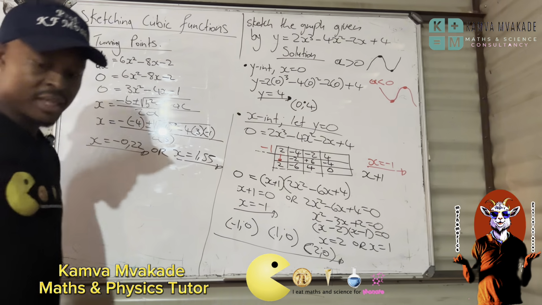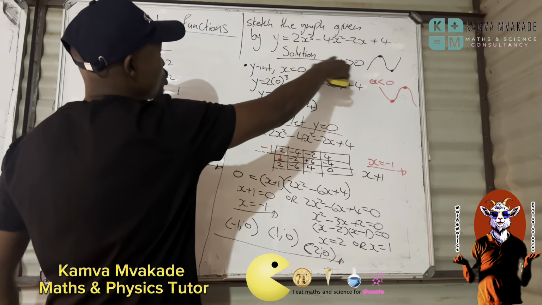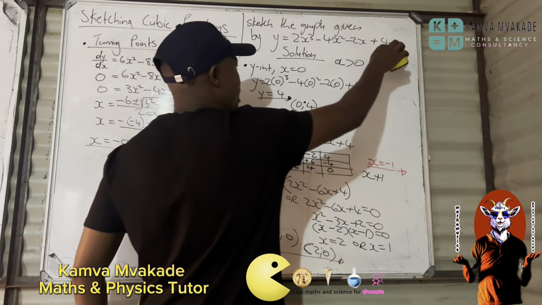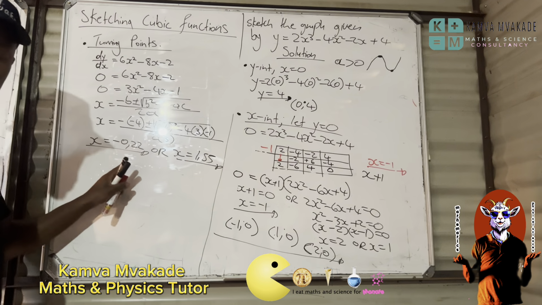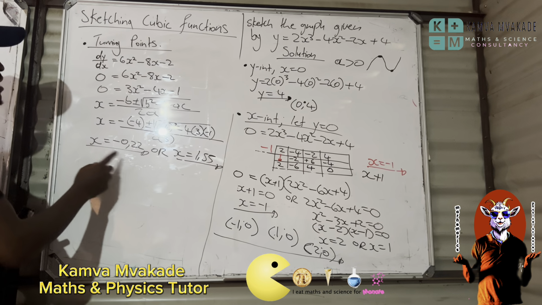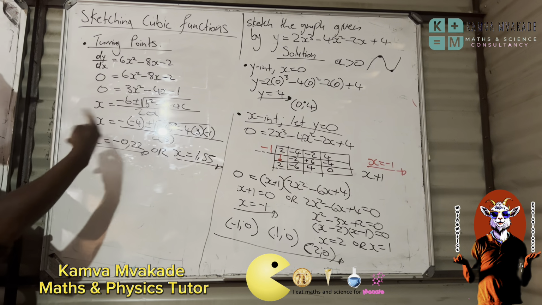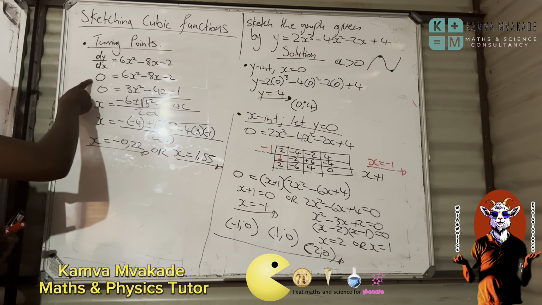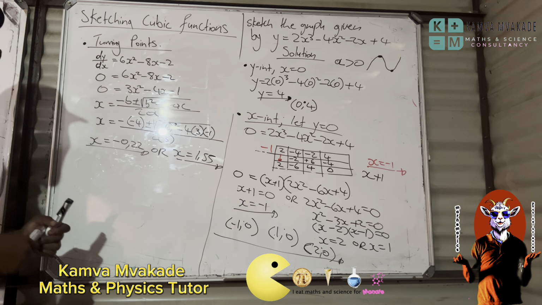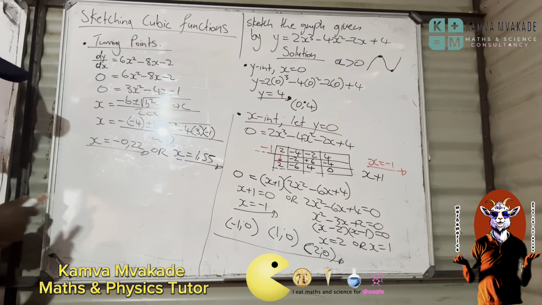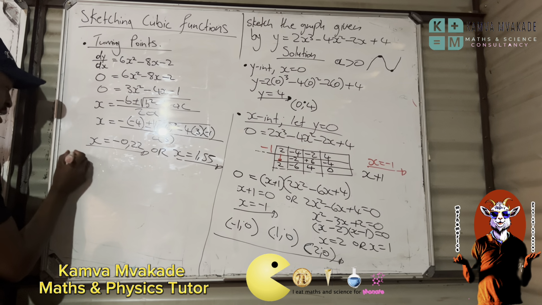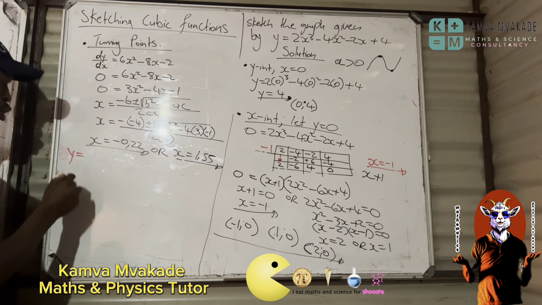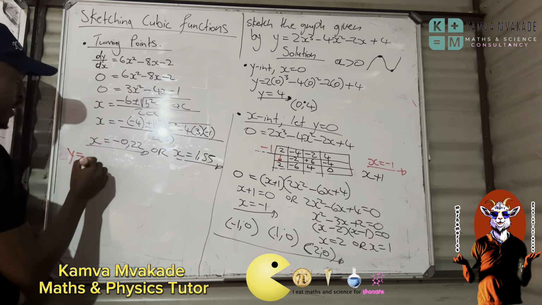But in our case our a is greater than 0, so it will be negative 0,22. So now what must happen? We must find the corresponding y values because the gradient has a y value. So we must find y at x equals this. So y is equal to, working into the fraction,